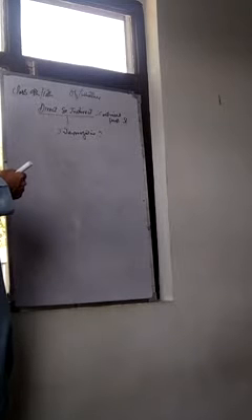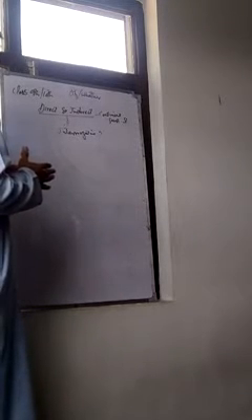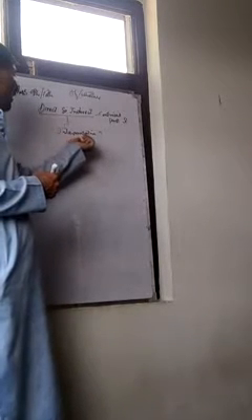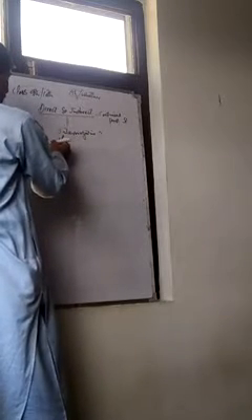Dear students, I am going to continue part 5 of the topic direct and indirect for both classes 9th and 10th. I am going to write here some examples to clear how you can change direct and indirect when reported speech begins with an interrogative sentence, a yes or no question.